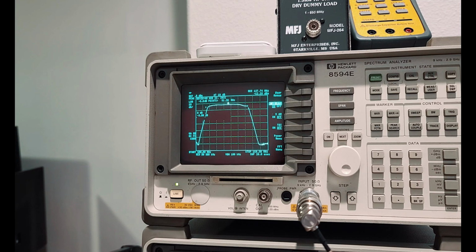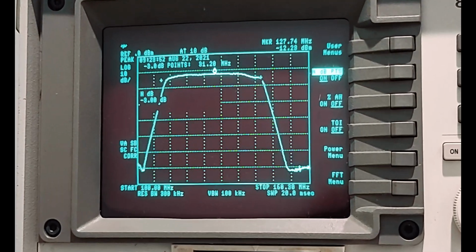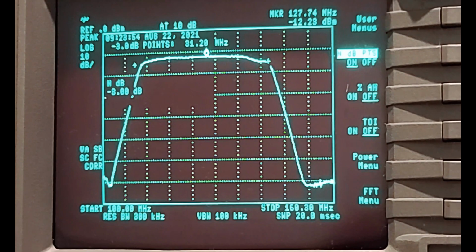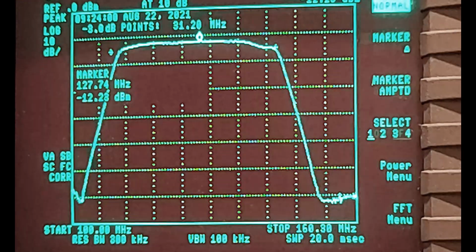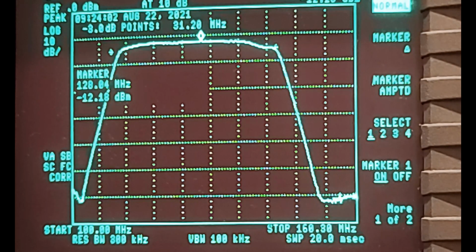Now, one of the other measurements I would like to draw your attention to is if you go down further or zoom in a little, and you can take a look at it over here. I'm going to move the marker and let's see when the reject really kicks in. It looks like it starts to kick in at about here, 138,